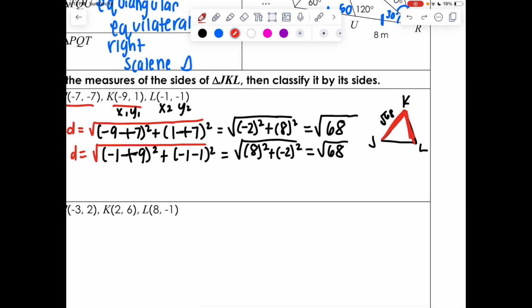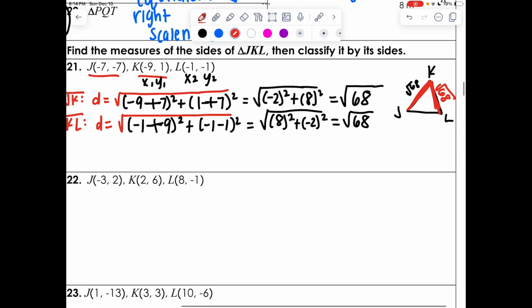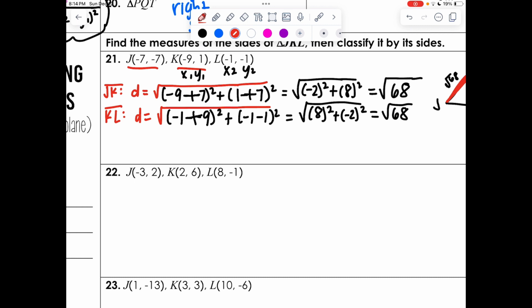Whoa, I don't know what that is. Hang on. Square root of 68. And then JL is the last one. I know this is tedious, but it's not hard. It's just a lot of work. So let's try. Last one is J and L. It doesn't matter which one you label x1 and y1, by the way. Okay, so x2, -1 minus -7 squared